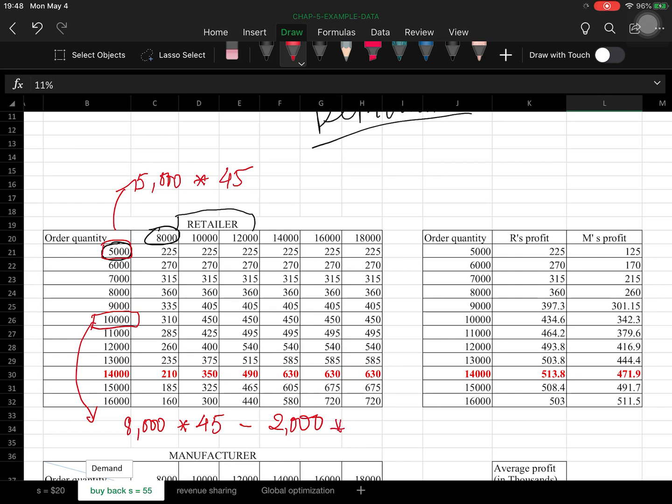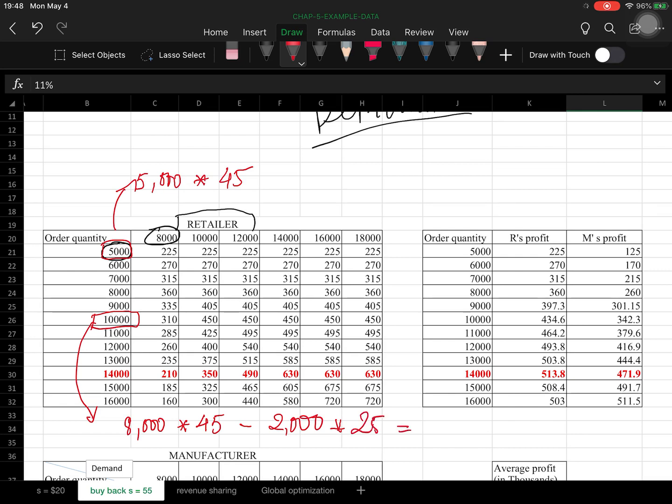Multiply by how much they buy, 80, but they can sell at the price 55, so they lost 25, right? 25. So here I just write 25,